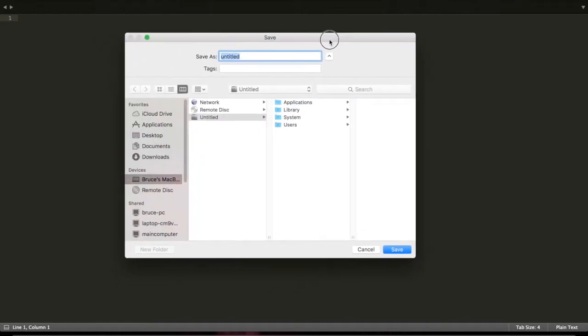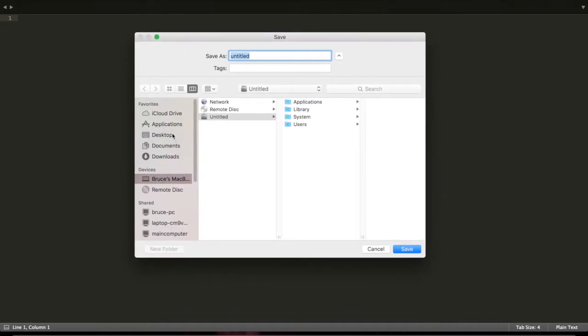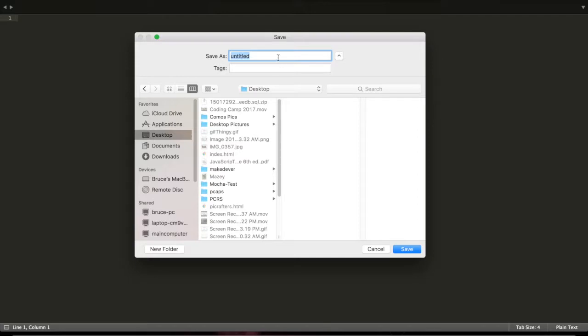So, you guys are probably on some kind of screen like this. You want to navigate to your desktop, and we're going to save this as whatever you want to call it. So if you're building a website about Minecraft, you can call it Minecraft. I want to build a website about the PyCrafters class. So I'm going to say PyCrafters, and then I have to put .html,